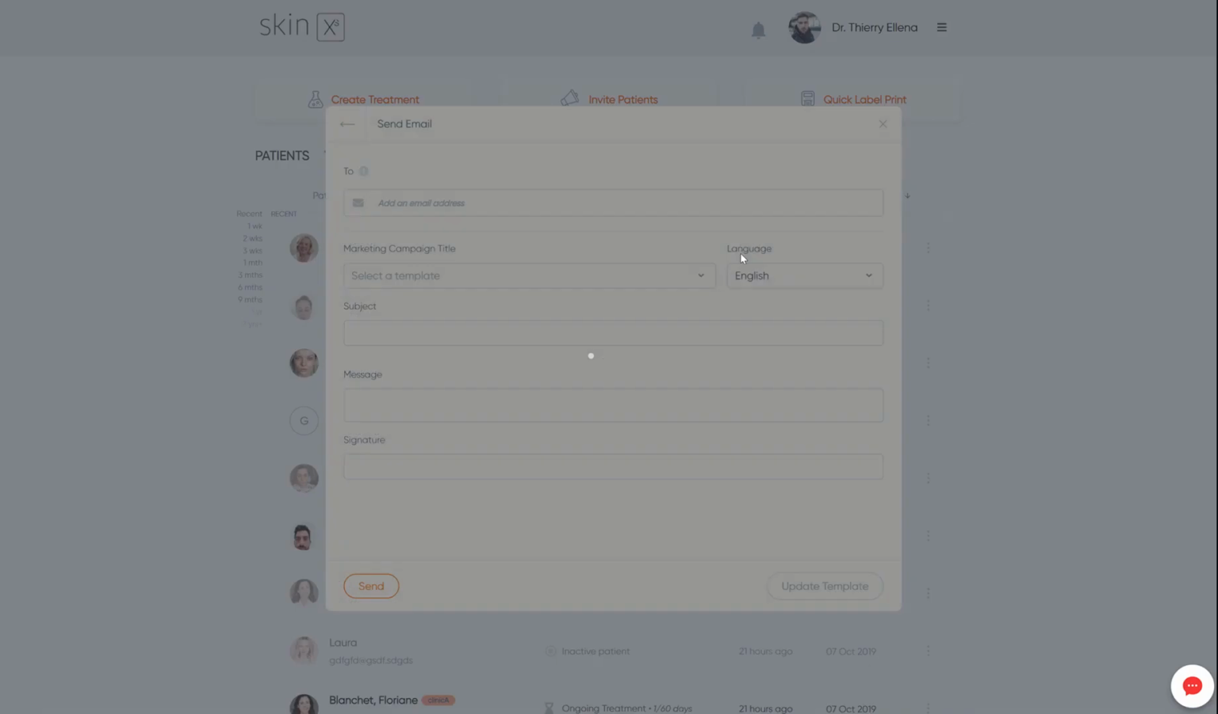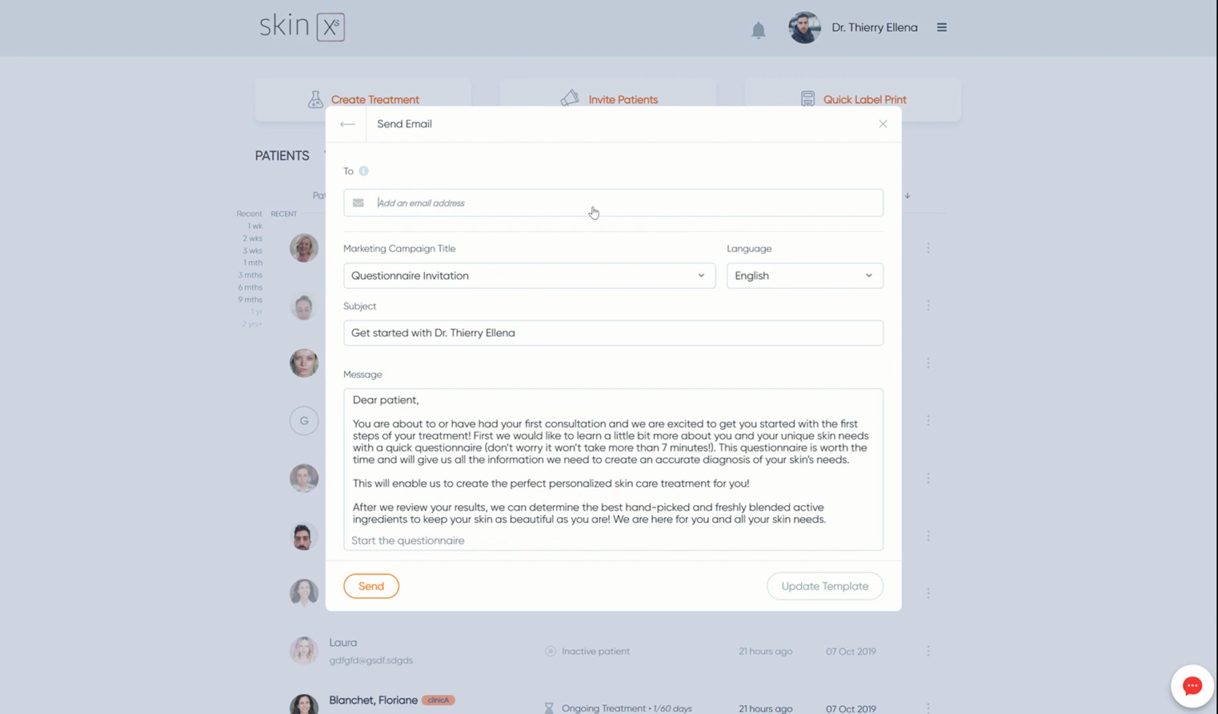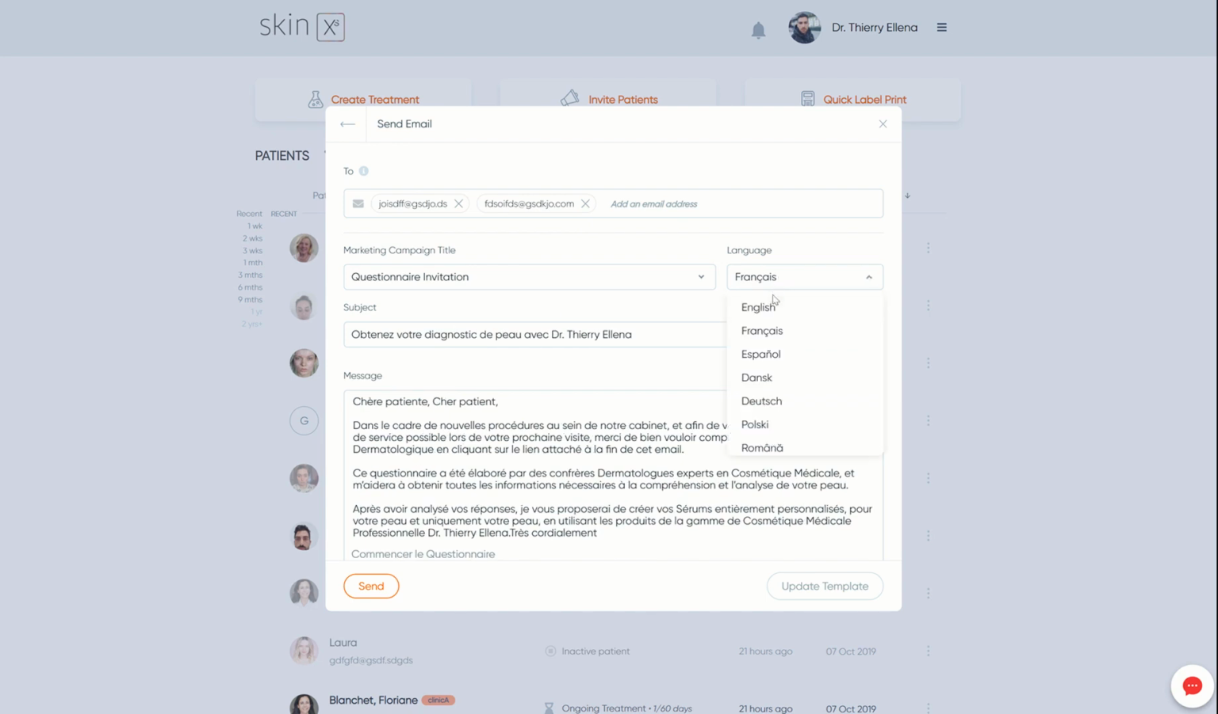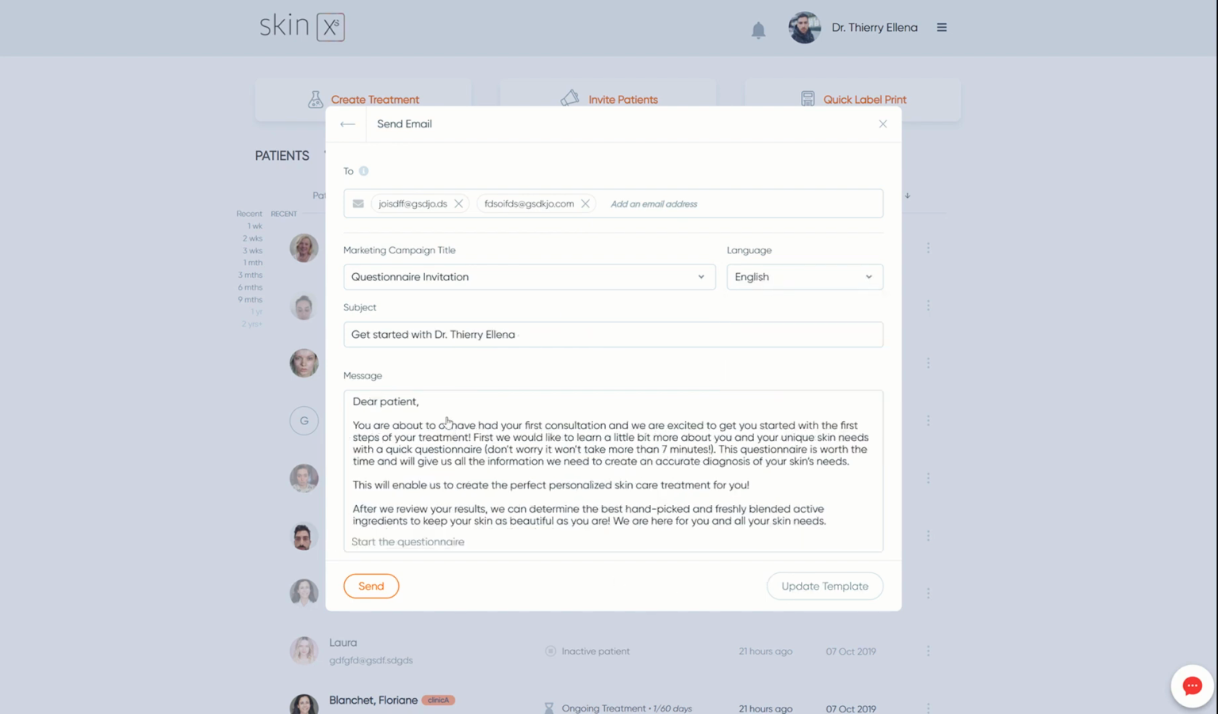So if we start with email, pretty similar here. You need to enter the email address that you want to send the invitation to, and you can enter multiple email addresses. You just press the space bar, and then you can add another address. And here you can see the subject of the email, the message. You can change the language if you want to, and then you can also update the text before sending your email,